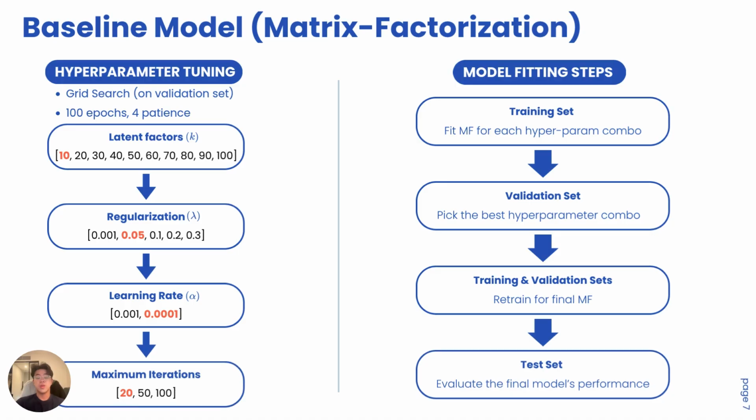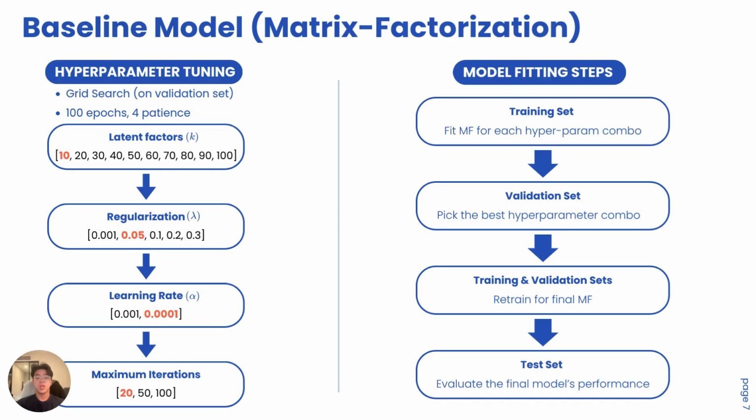So now that we're done with the model architecture, we also did hyperparameter tuning, where we did a grid search on the validation set with 100 epochs and a patience of 4. The tuning spanned latent factors, where we used values from 10 to 100, as well as regularization rate, learning rate, and maximum iterations. The best combination is highlighted in orange, where you can see it's 10, 0.05, 0.001,